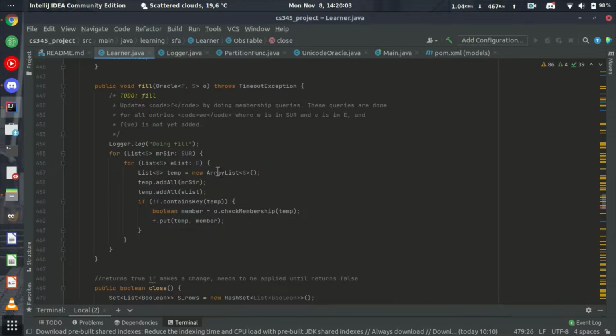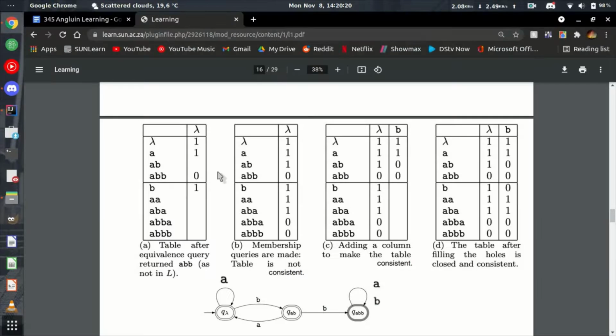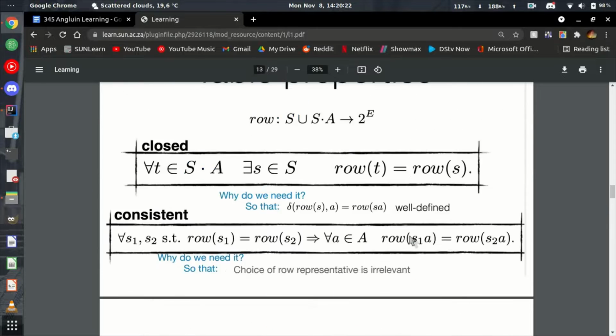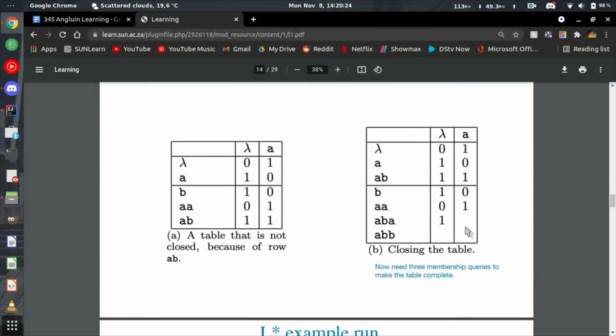First off, the full function. It's a rather straightforward function. It basically updates all of the table's columns. Whether, say, close or make consistent had added a new column or row, it would then use membership queries in order to fill up the missing values in the table. For example, if ABAA wasn't in the table and hasn't been filled yet, then that's what